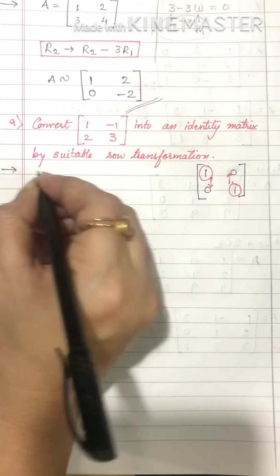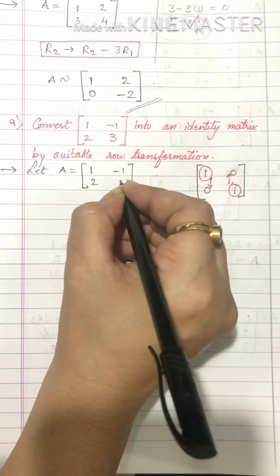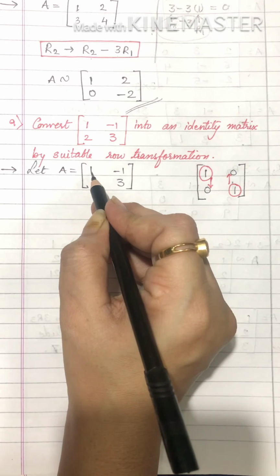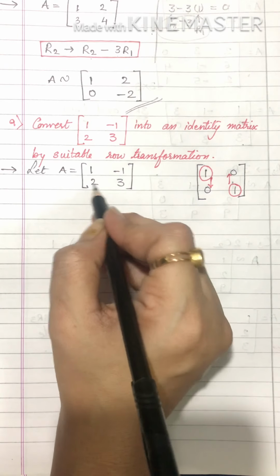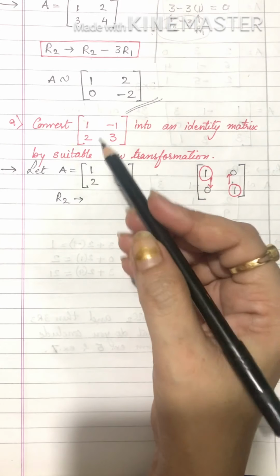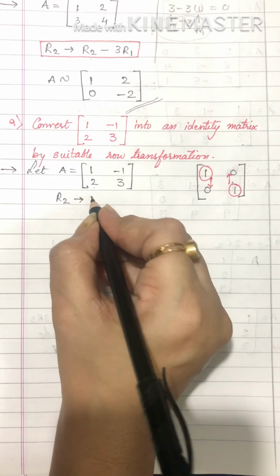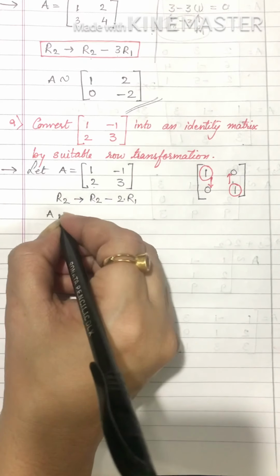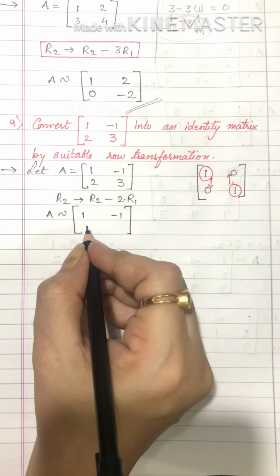Now let's take the matrix, let A be equal to 1, minus 1, 2, 3. Now the first transformation: see A11, it is already 1, so no need to do anything. What you need to stress on is that we need to convert 2 to 0, so we need to transform R2. See the previous sum, it was easy. If you have understood that, it will be easier for you to convert this into 0 as R2 minus 2R1. So I applied that, and let's see what answer we get. For row 1, nothing has to be done, so I have written the elements as they are.